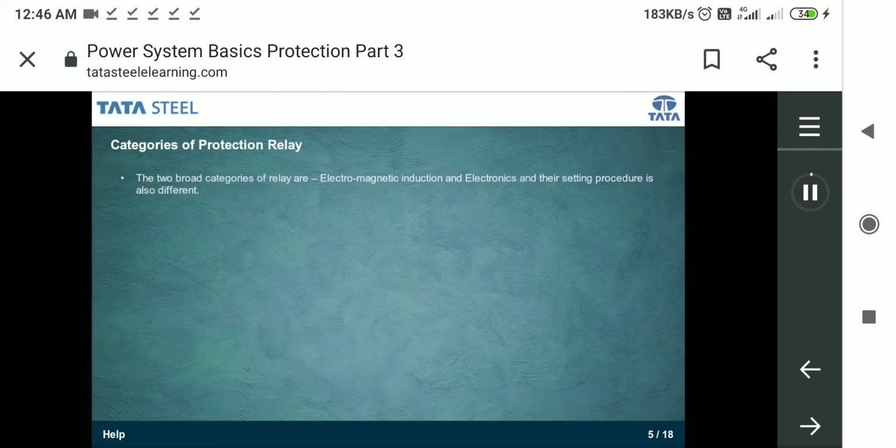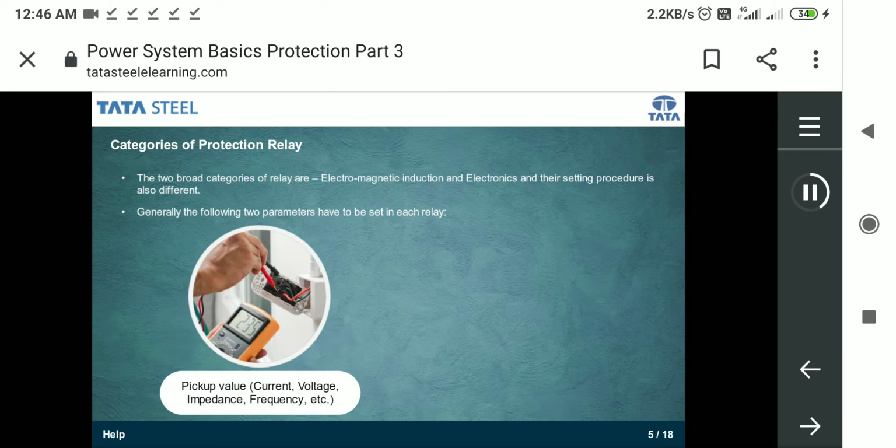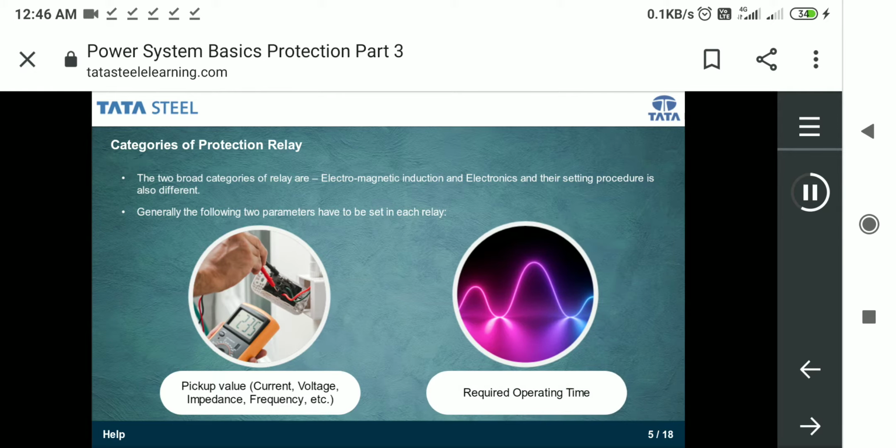There are two broad categories of relay, namely electromagnetic induction and electronics. The setting procedure for both is also different. Generally, the following two parameters have to be set in each relay. Pickup value, that includes current, voltage, impedance, frequency, etc. and required operating time, which refers to the duration that is required for the connection to trip after exceeding the